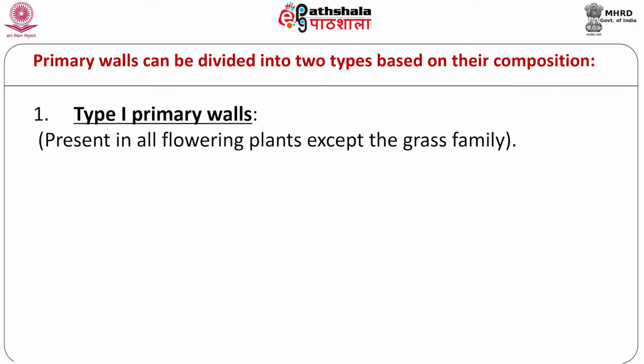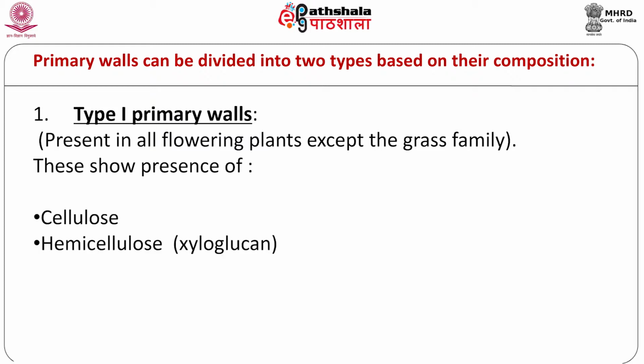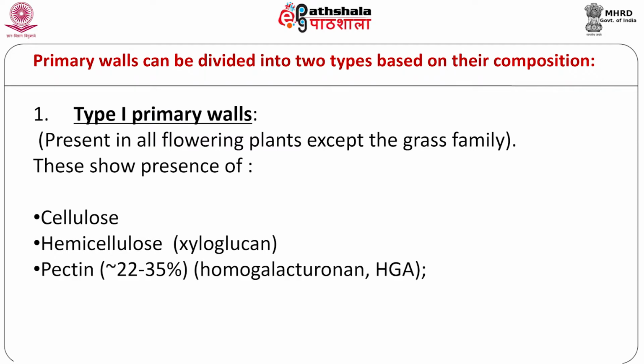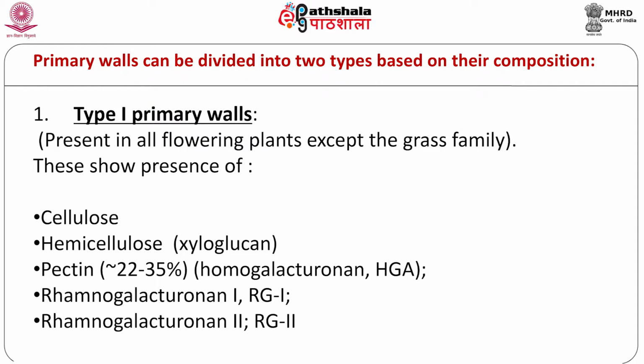Type 1 primary cell wall is present in all flowering plants except the grass family. It shows the presence of cellulose, hemicellulose, that is xyloglucan, pectin approximately 22 to 35%, homogalacturonan, HGA, rhamnogalacturonan, RG1 and rhamnogalacturonan